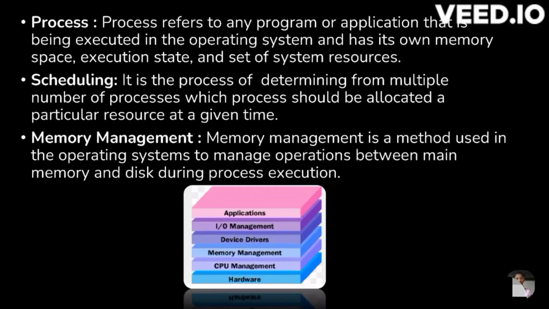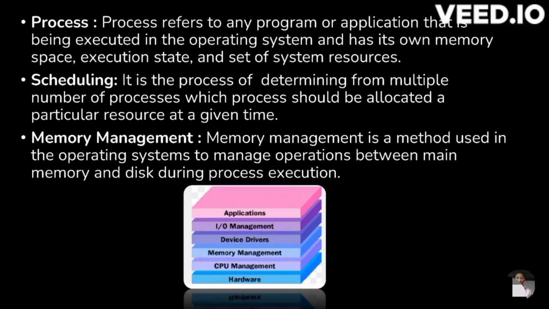Next, process. Process refers to any program or application that is being executed in the operating system and has its own memory space, execution state, and set of system resources. Next, scheduling. It is the process of determining, from multiple processes, which process should be allocated a particular resource at a given time. Next, memory management. Memory management is a method used in operating system to manage operations between main memory and disk